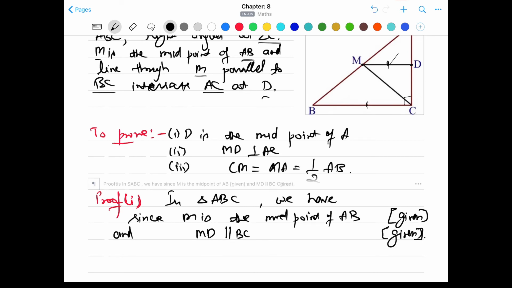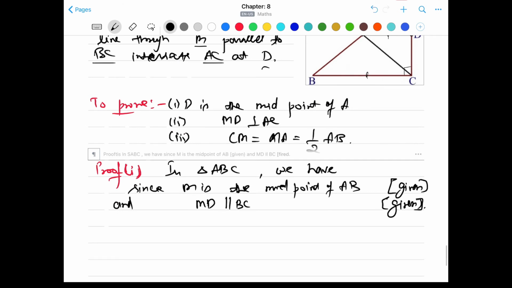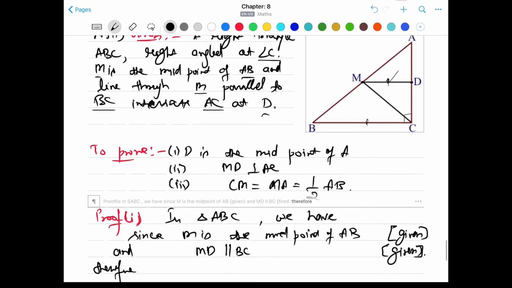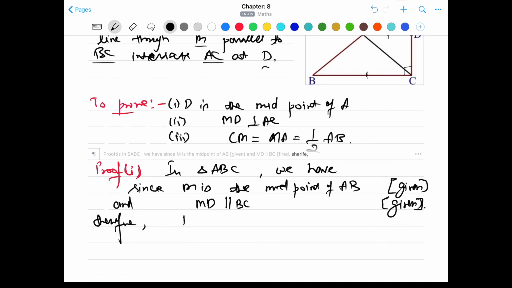Okay, so by the midpoint theorem, if we have the midpoint of one side of a triangle, and there is a line passing through that point parallel to the second side, it will bisect the third side. Therefore, D is the midpoint of AC. This is by the converse